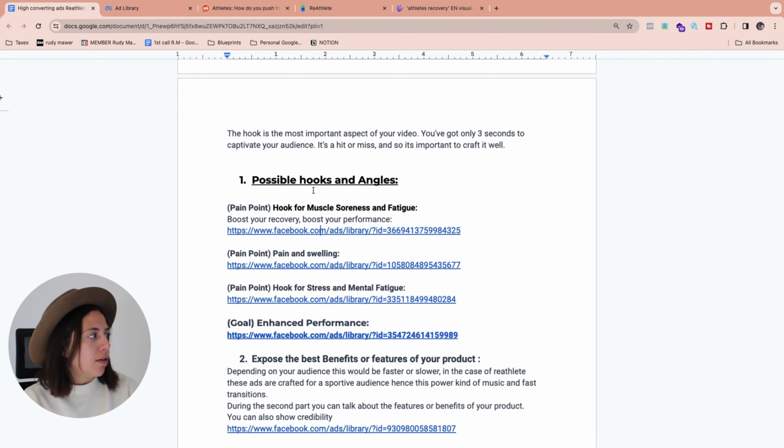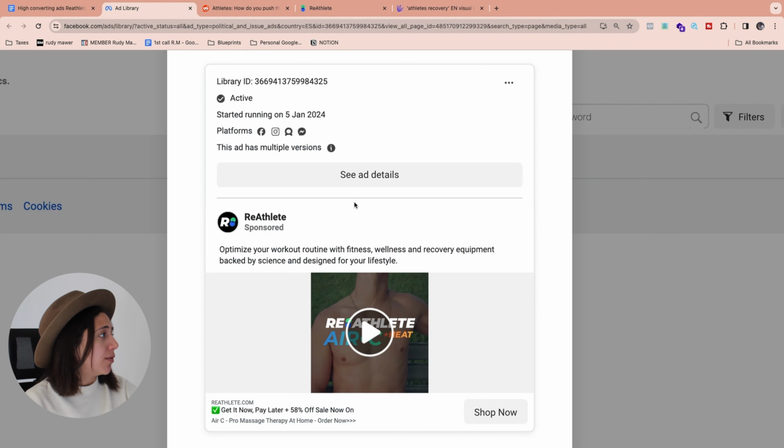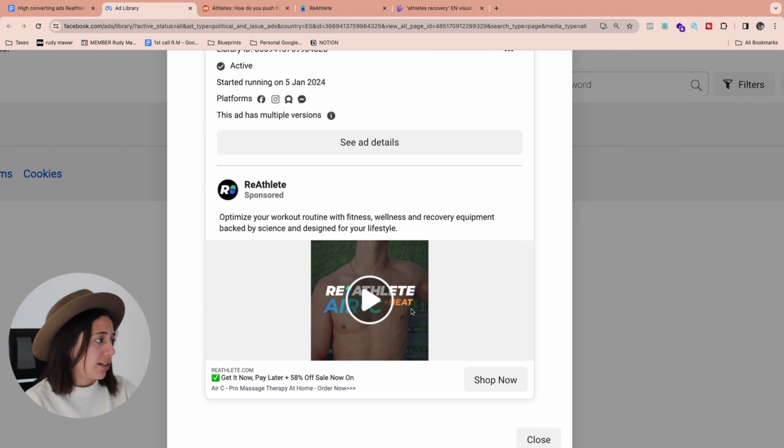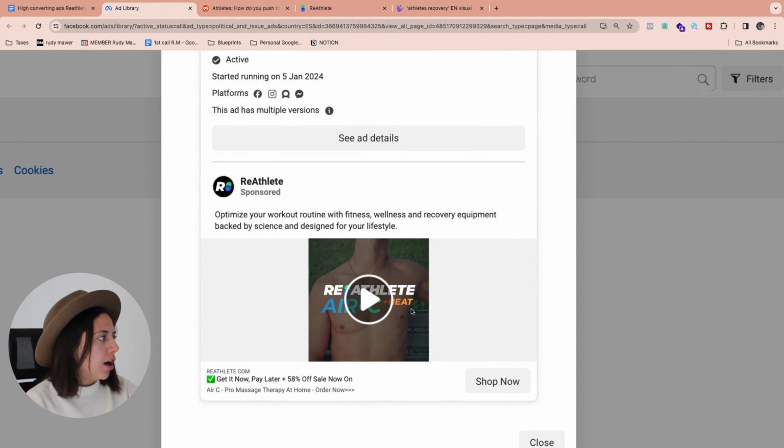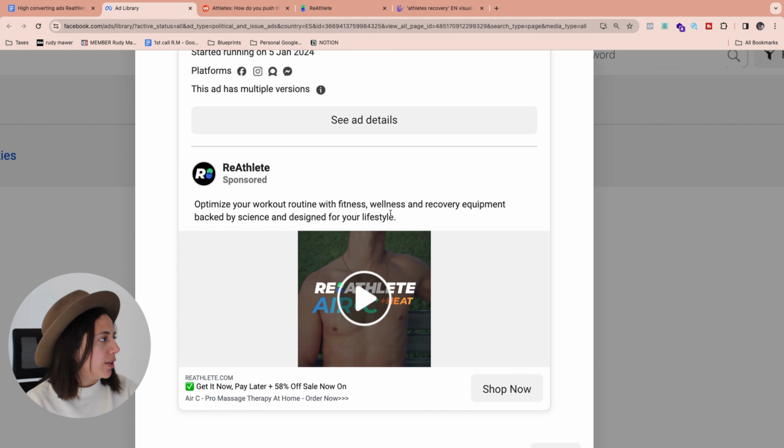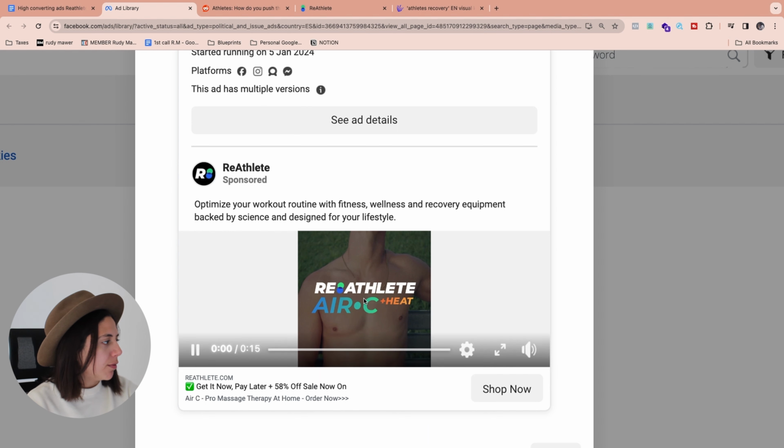Keep it simple. For example, the hook for muscle soreness and fatigue. As you can see over here, what they have done is brilliant and simple. Optimize your workout routine with fitness, wellness, and recovery equipment backed by science and designed for your lifestyle. Awesome. So as you can see over here, if you play this,